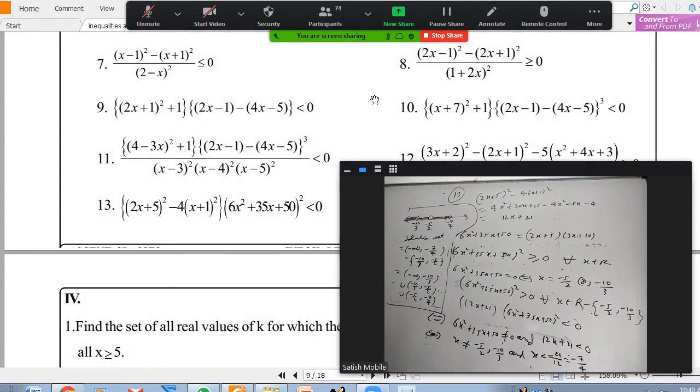You understand that? No, sir. Okay. Anyway, let me tell you for everybody one thing. First, we have done exercise 1. These are all simple linear inequations, right? These are also almost similar, but a linear expression is multiplied with some perfect square, where it's always positive, but wherever it is 0, we have to be a little careful.